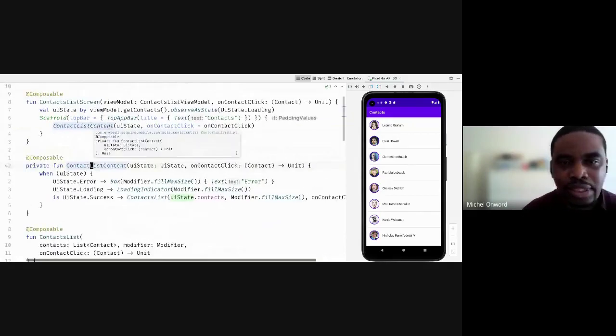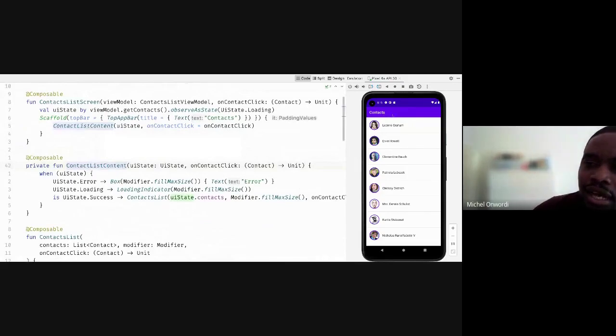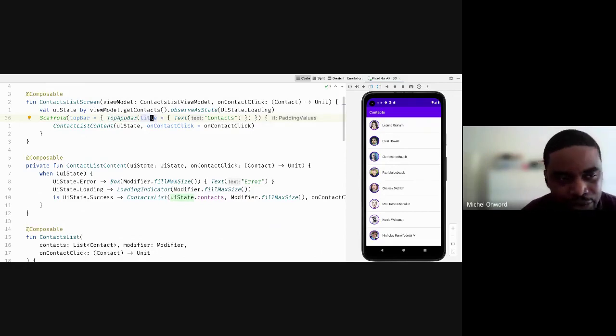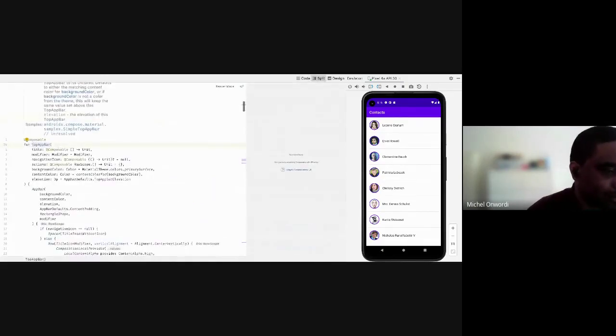So if we go back here to our use of scaffold, you'll see that to have this contacts top bar at the top here, we are using the top bar slot within scaffold. We pass in our composable, so it's just our lambda that contains the composable. And we're using the top app bar composable, which also comes from material. And we just specify the title. And title, so the top app bar also makes use of this slot pattern. If we go into it, you can see it takes in a title,